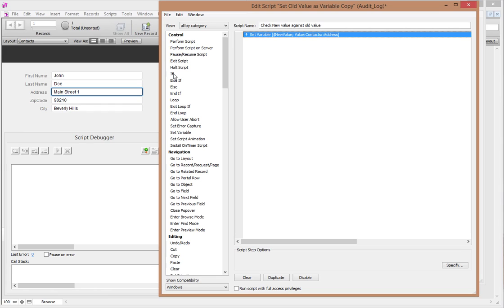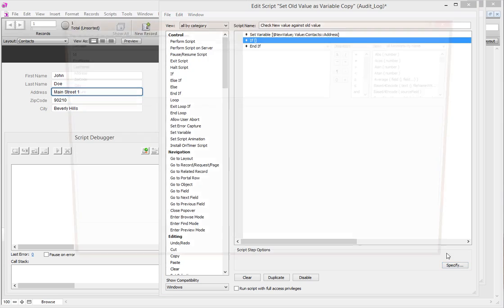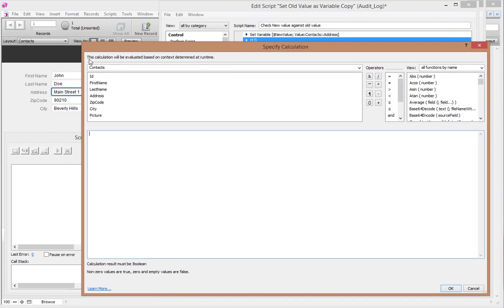and it's kind of like an if situation. If the value has remained the same, we don't have to do anything. If the value is different, then we do need to record something here. There are basically two things to keep in mind. If this address field was empty to begin with, then we probably don't want to create a record in this audit log. If the address was filled in the first place, then we do want to compare it. So let's maybe, how shall we do this? Shall we create two different if statements, or shall we